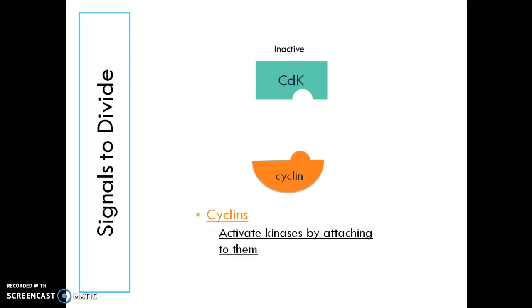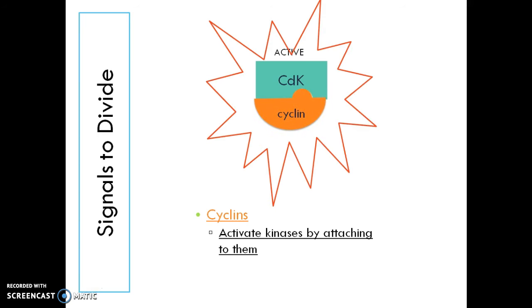The other molecule that is really important are called cyclins. Cyclins are going to combine with the CDKs, cyclin-dependent kinases, to activate them. They're going to attach. And that's why the CDKs are called cyclin dependent. They aren't active until cyclin binds to them. Once the cyclin and the CDK bind, it's now an active molecule. And we now call it a MPF, or mitosis promoting factor. The higher the number of MPFs there are in a cell, the more the cell will divide.